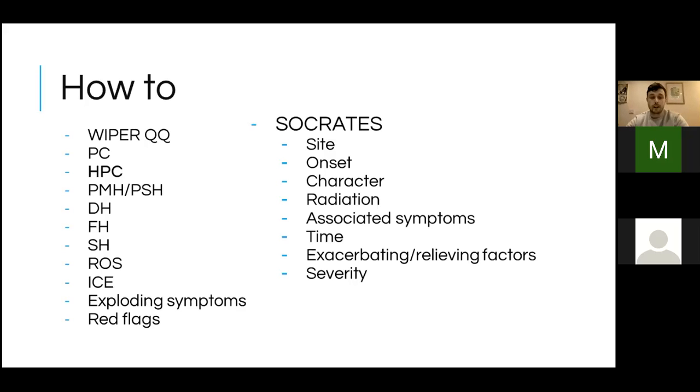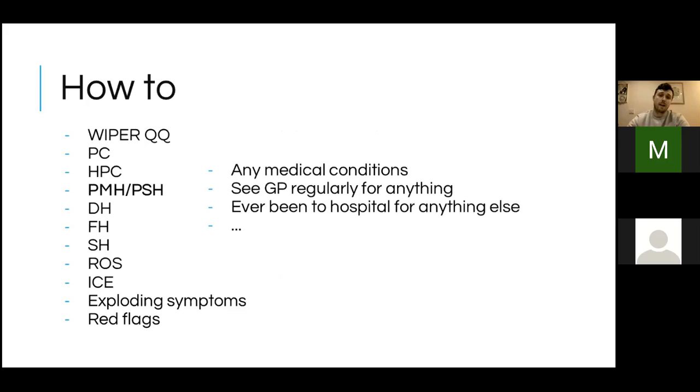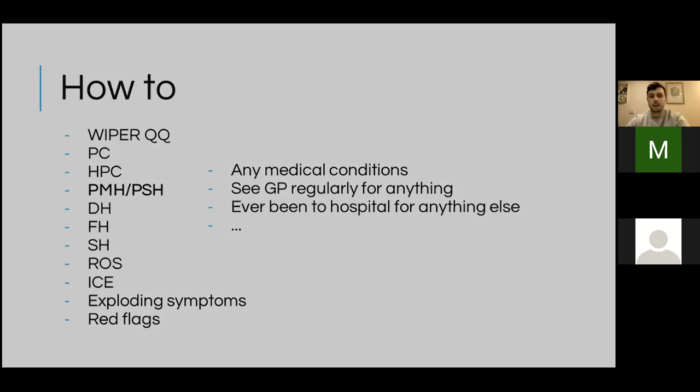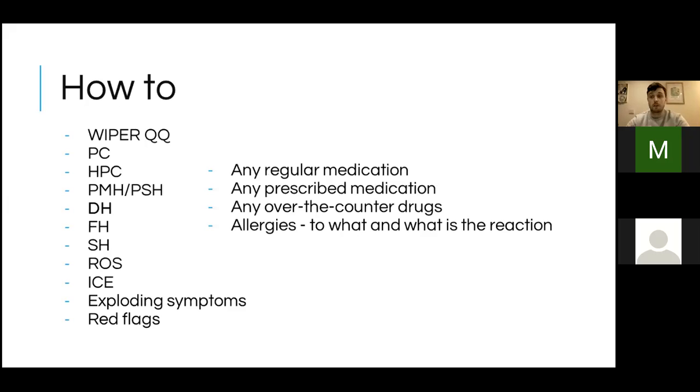Past medical history, again, really important. Best to ask the patient if they see their GP for anything in particular regularly, or if they've ever been in hospital before. It's getting as much information as possible to formulate a diagnosis and a bit of a plan later on. And then your drug history, if the patient is on any regular tablets, any regular medication, any regular inhalers, it's quite useful to ask. If they take any over-the-counter drugs or PRN drugs as required.